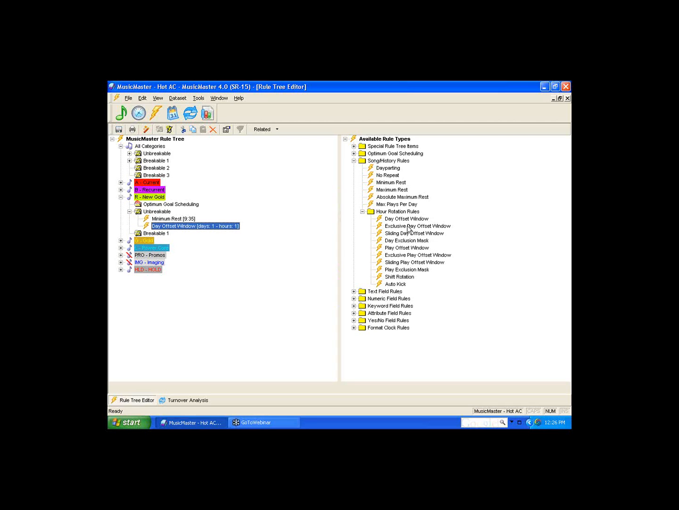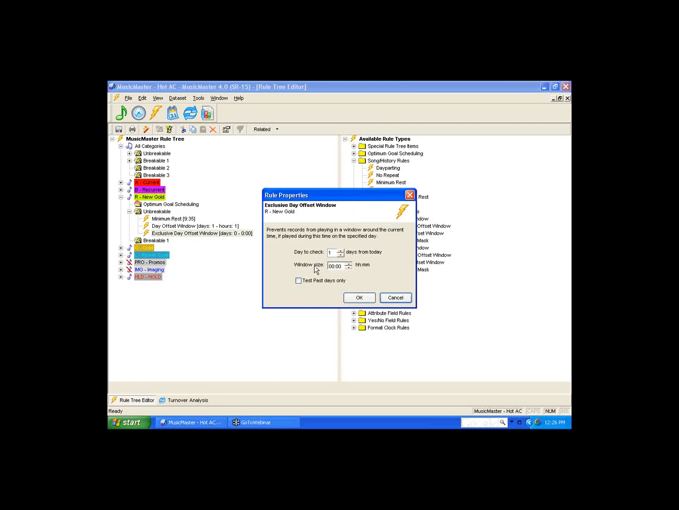An exclusive day offset window. Now let me bring this into light a little bit. A lot of people ask me what that is because it sounds good, doesn't it? And it really is a good rule to use. If you have, say, Sunday morning jazz or a gospel program on Sunday mornings, and you run that for a couple of hours every Sunday morning, you might want to bring this rule in and say,